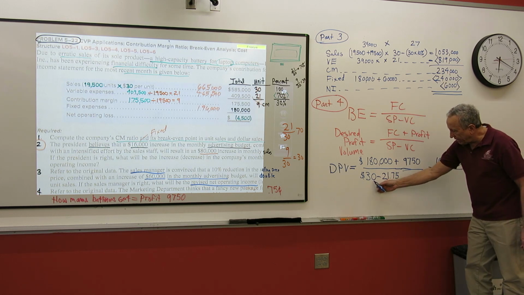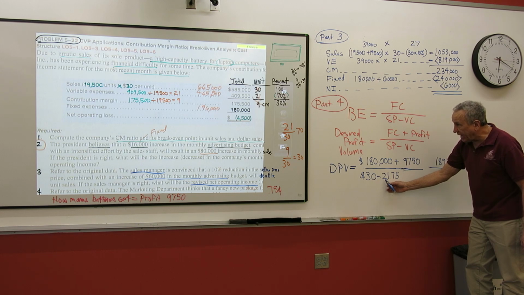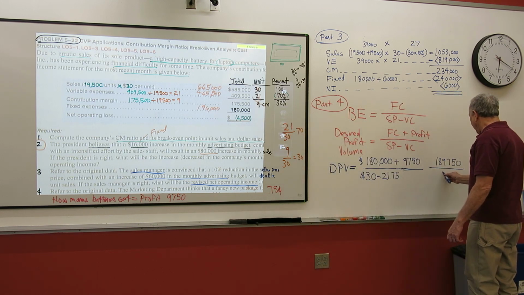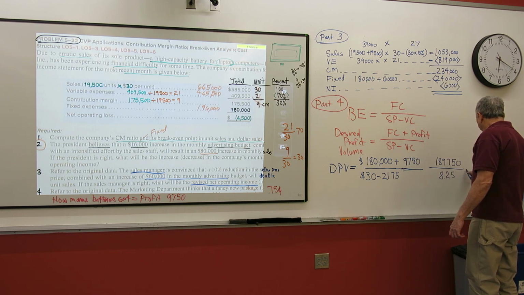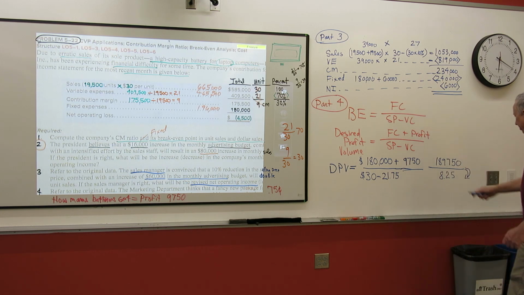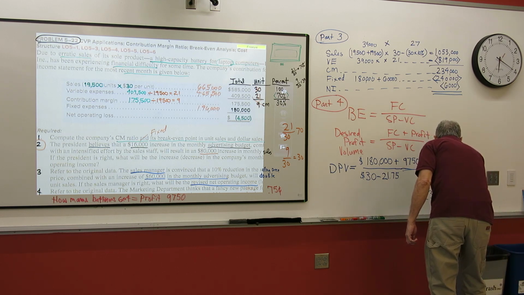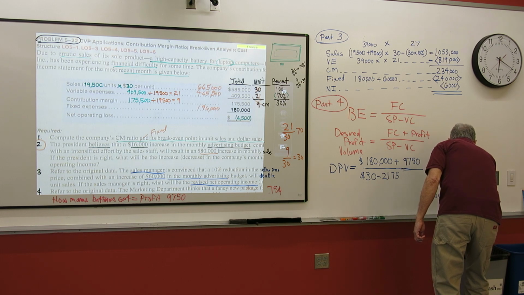They're only going to be making, now it's less. They're not going to make $9. Remember, before it was $9. Now they're only going to make $8.25. And this is going to come out to be the answer. If you divide that in there, I think it comes out to be $23,000. The answer comes out to be 23,000 batteries